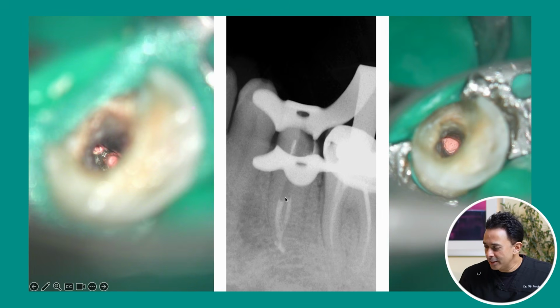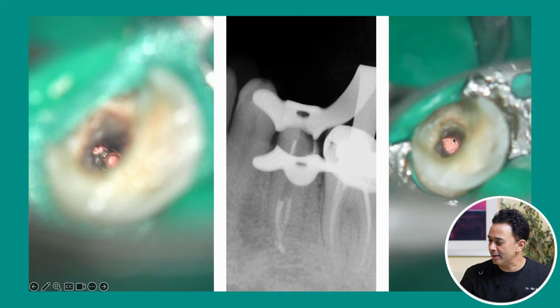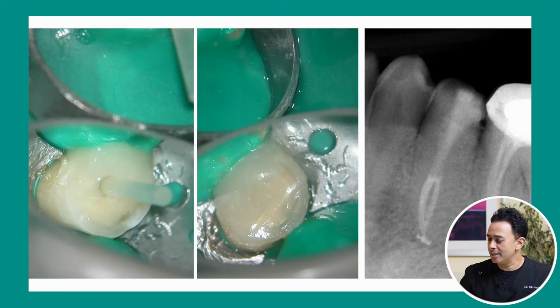So rather than fill this whole part with gutta percha, leading to a hollow space, it makes sense to restore this with a fiberglass post so that this area or the coronal portion is strengthened. So you either use a fiberglass post or use one of those composites which are fiber reinforced, so that there's some strength coronally rather than just filling the whole thing up with gutta percha. When you do that, it's probably more prone to fracture at the neck level because there is a hollow portion in the middle. So this is the other consideration.